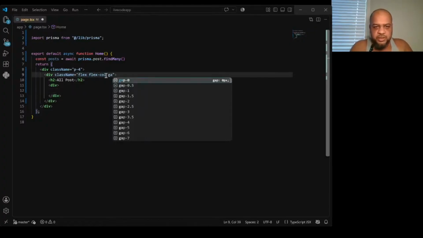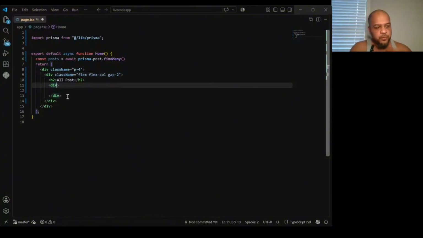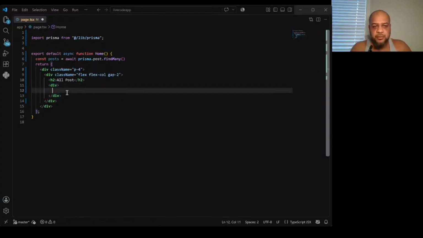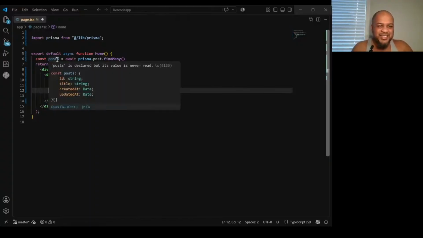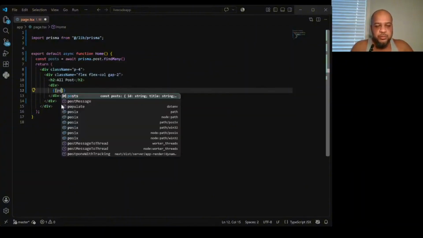And we'll just give this a gap of 2. And with this, I just put it in a div, and then we need to run some JavaScript to get access to all of the posts within this const named posts. And we'll be looking for the title, the ID, createdAt and updatedAt, but we're only going to display the title. So we'll go posts